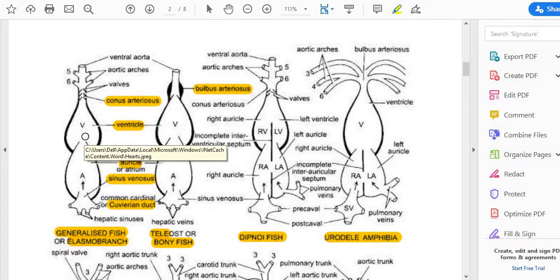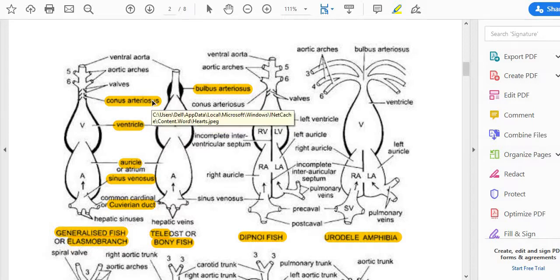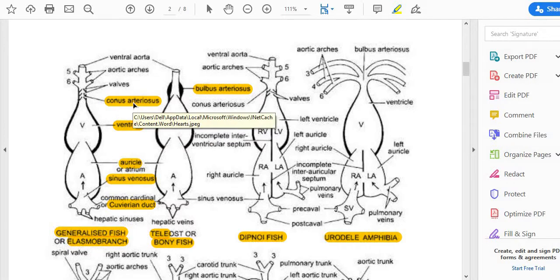The auricle then continues with the ventricle. The ventricle forms a true chamber as well. The auricle and ventricle are single chambers; there is no partition seen here. After this ventricle, it extends into a tubular structure called the conus arteriosus. The conus arteriosus forms the accessory chamber of the heart. In the shark we find the conus arteriosus, which undergoes modification in the next animals or next classes.